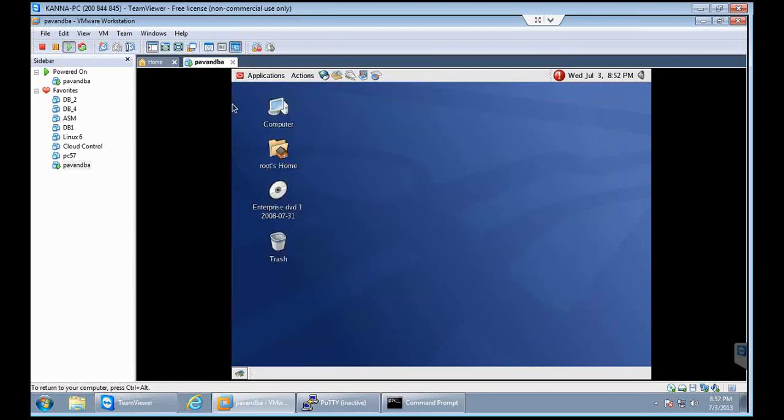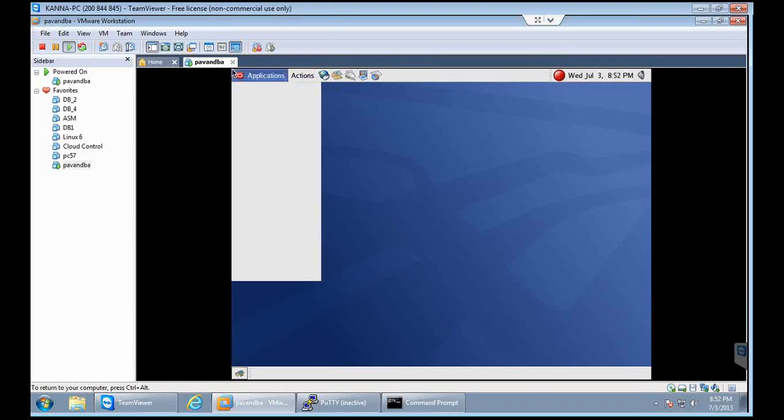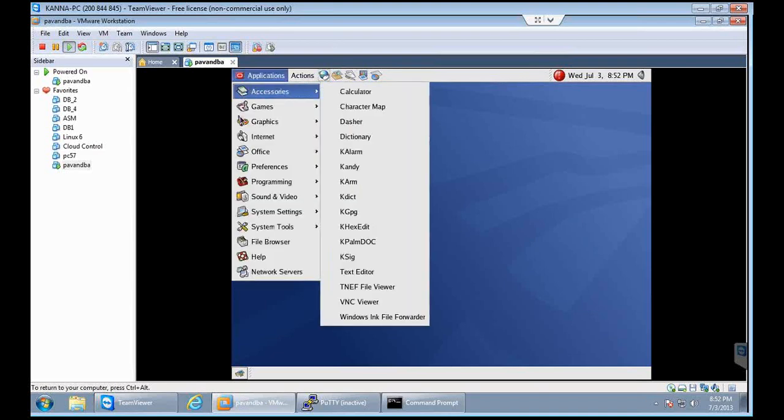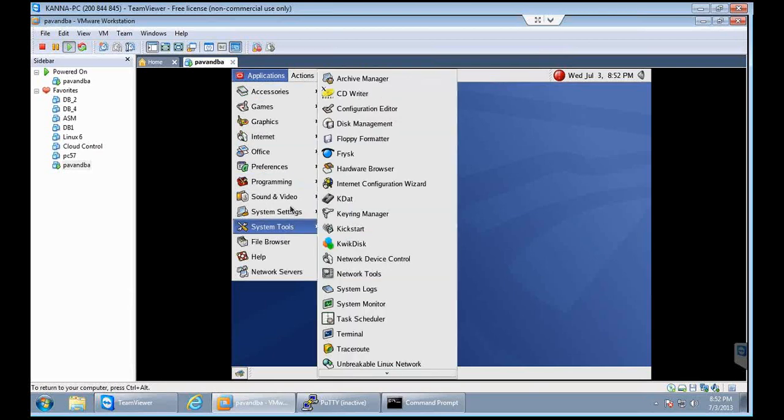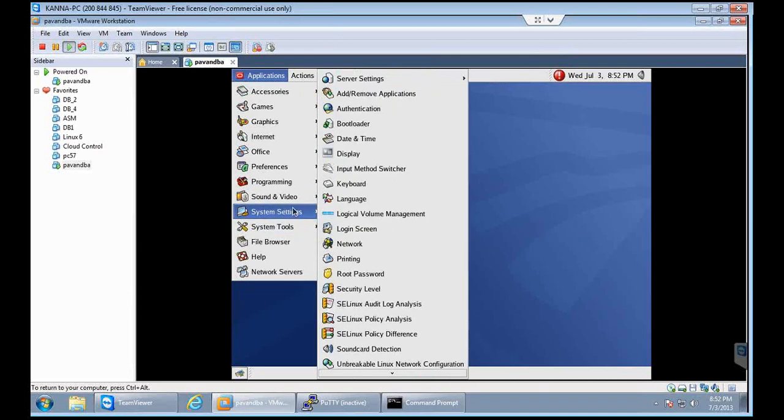Suppose you want to change your IP address, you can go to Applications, and if you scroll down to System Settings, under System Settings you will see an option called Network.